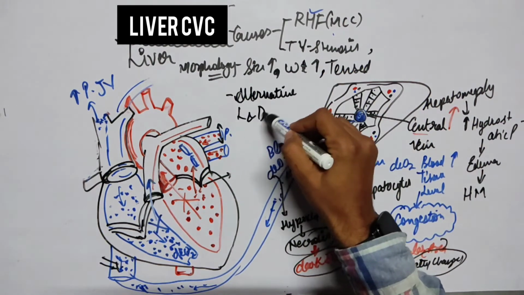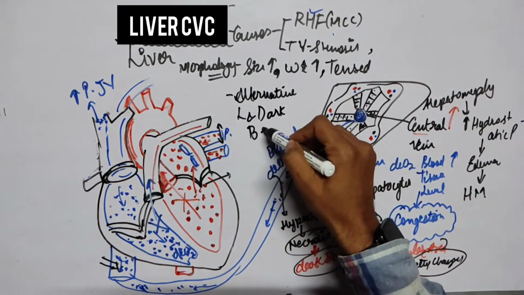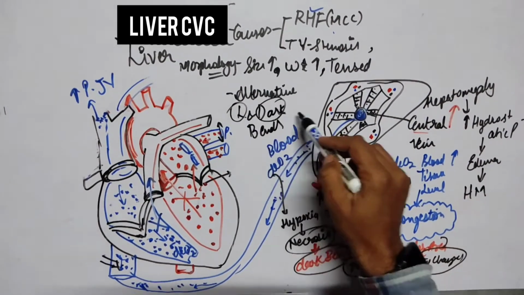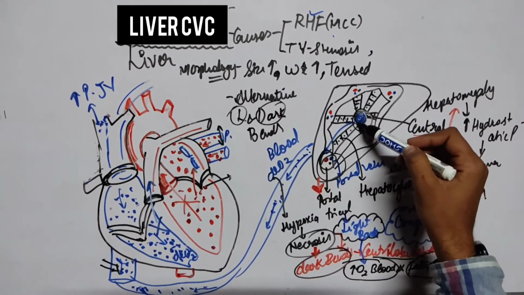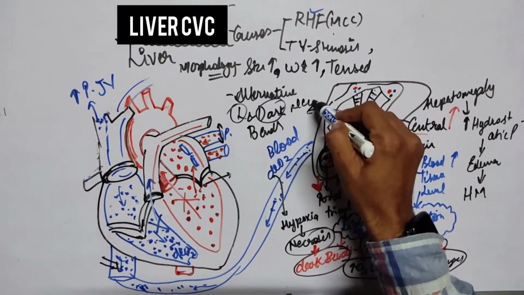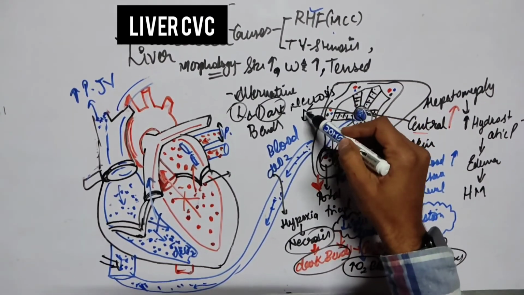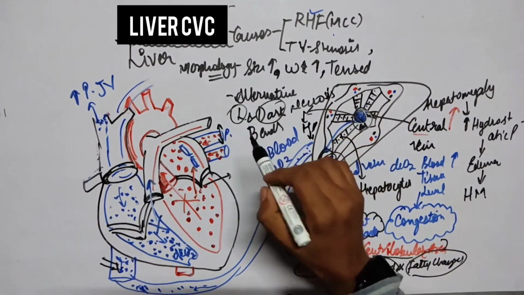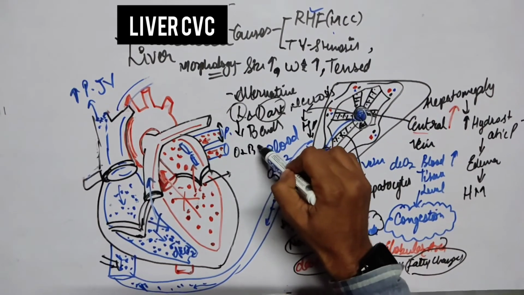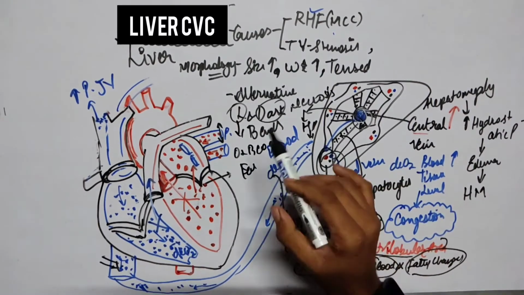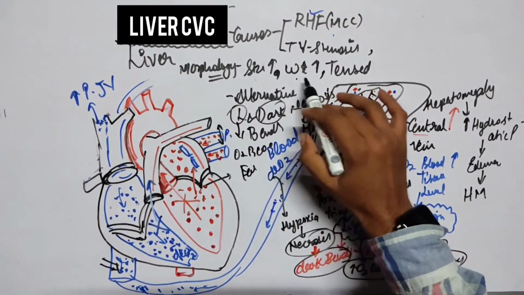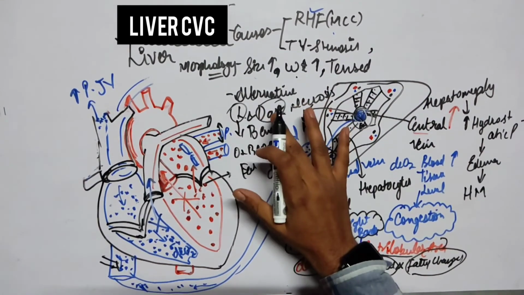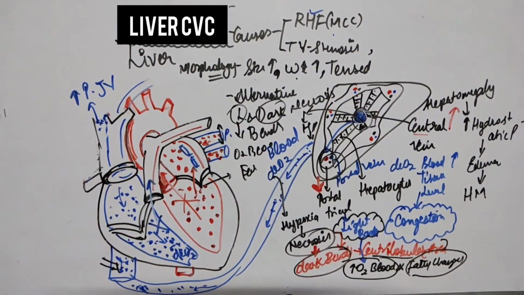And there we are going to see alternating light and dark bands. Light bands occur at the periportal region, while the dark bands occur at the central lobular region. Dark is because of the necrosis. Why necrosis? Because of the hypoxia. And why hypoxia? Because of the deoxygenated blood. That is why we get the dark bands. And why light bands? Because of the oxygenated blood and the fatty changes at the periportal area. So we get an increase in size, an increase in weight, and the liver will appear tense, with alternating light and dark bands.